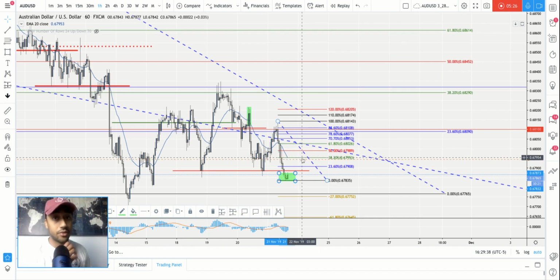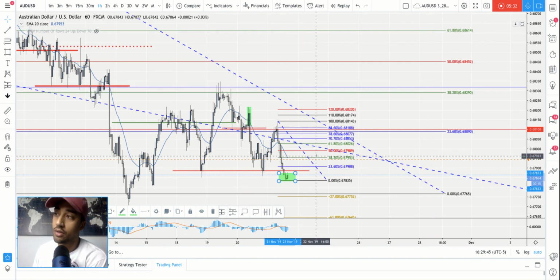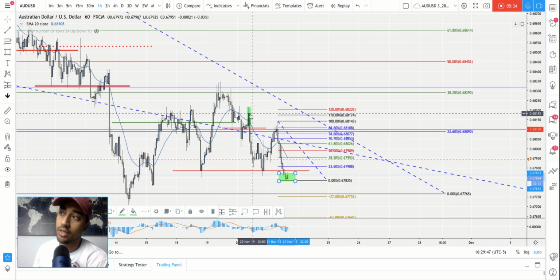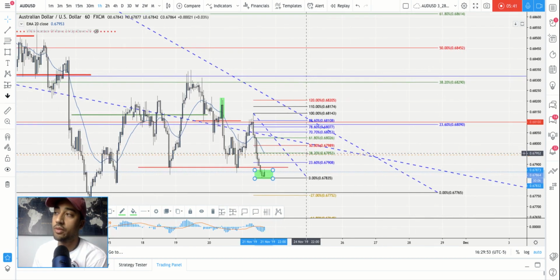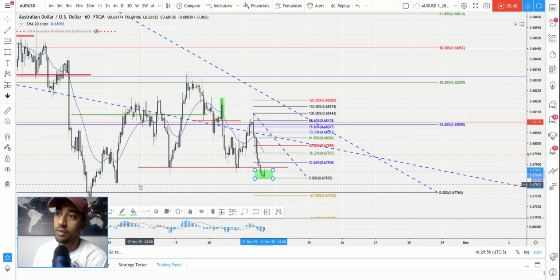Once it gets around that 38.2 area is when I'm going to start looking for another bearish engulfing candle, just like we had over here in our last video. So I'll definitely check out that last video to see what I'm talking about. But what I'm going to be looking for, and this is why I have this alert right here, is